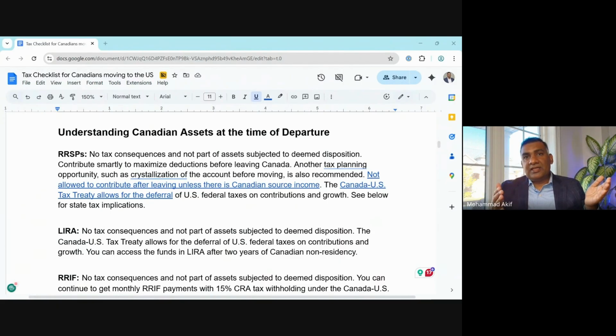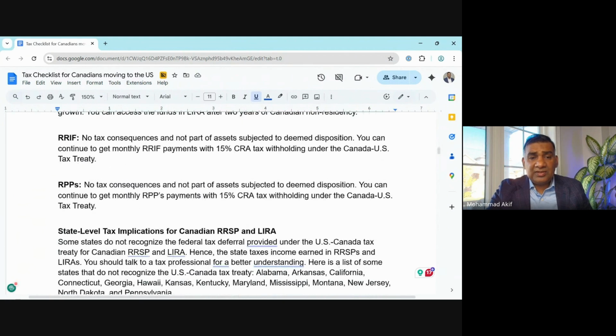There is a U.S.-Canada tax treaty which helps you differentiate tax on the U.S. side. The states are the exception. RIF would be the same thing. If you are withdrawing money from a RIF, of course, the tax rate is 15%. I recently came across a client who was paying 25% on RIF. RIF is 15%. It's not 25%. The withholding on the RIF is 15%. It's not 25%. 25% is only when you withdraw from an RRSP account, and that's the maximum tax, again, according to the